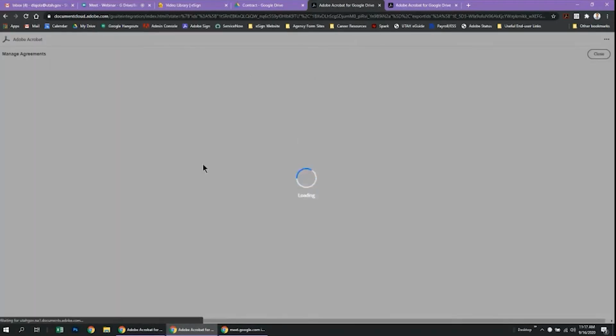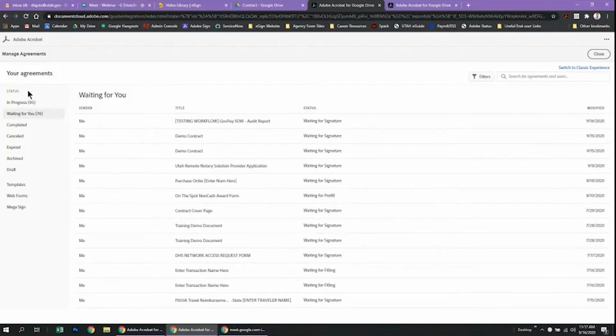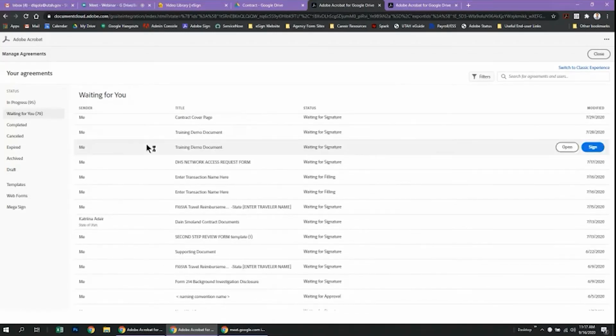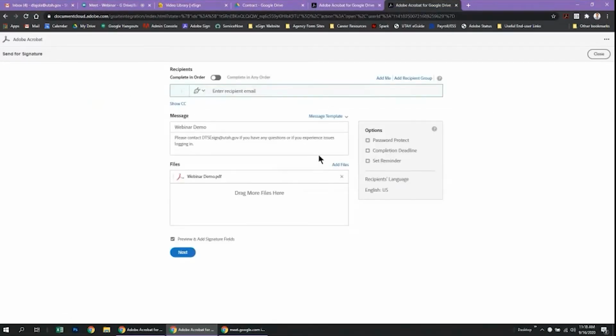That way you don't have to toggle back and forth between Adobe Sign as well as Google Drive. It will take you directly to that page where you can easily view the status of any documents that you have in progress or that's been completed. So really convenient, especially when you're working with multiple documents and you don't want to have to toggle back and forth between them. So going back to the send page from that document that I selected to send